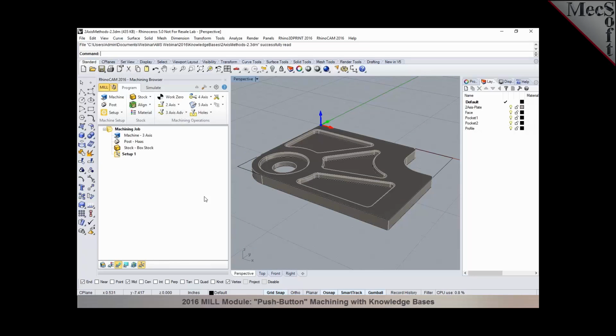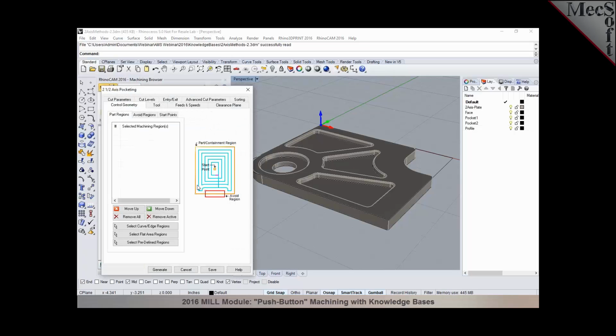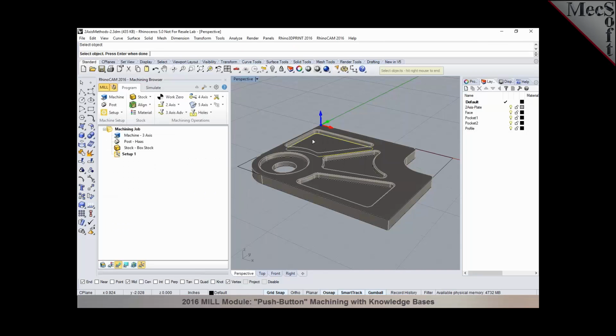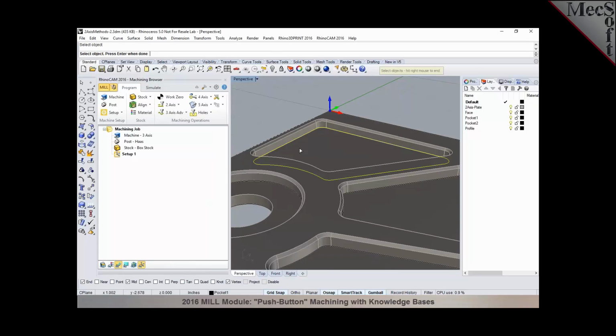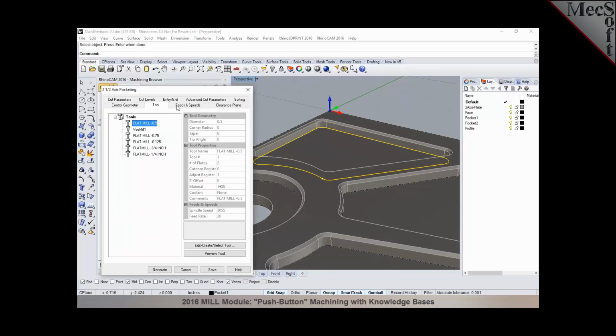Now typically when you program a part, you would go up to the menu where you select the type of operations. Let's say you want to do a 2-axis and a pocket operation. And in this particular case, I'm going to select my features in here. So I'm going to select this pocket. Let's say I want to program this pocket. I select the pocket, right click, and then I go specify a tool for it, and then my feeds and